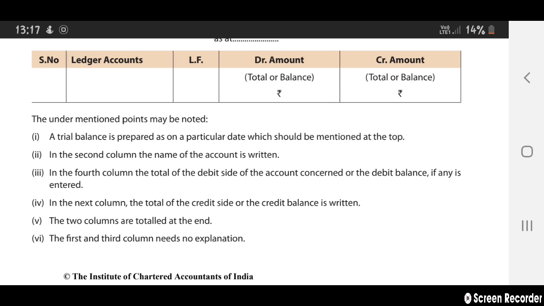Now let's come to the fourth column, that is the debit amount. In the fourth column, you write the total of the debit side of the account concerned or the debit balance. So you have to enter the debit balance. Next, in the next column, the total credit or credit balance has to be written. So in the debit column you write the debit balance, and in the credit column you write the credit balance. The two columns, then, in the end